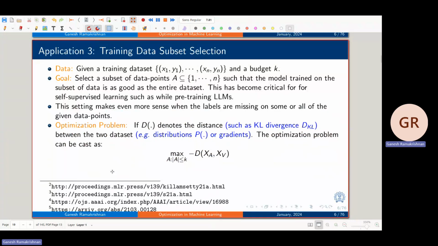So yeah, V denotes the distance, such as KL divergence between two labeled data sets, or you could also look at gradients. The optimization problem is basically minus of D(X_A, X_V) to be maximized. Looking at some distance, the negative of the distance to be maximized. Basically, you want to minimize the distance. Okay, so